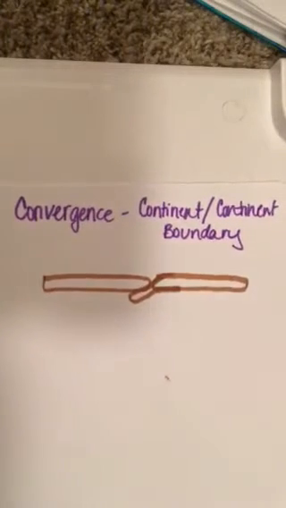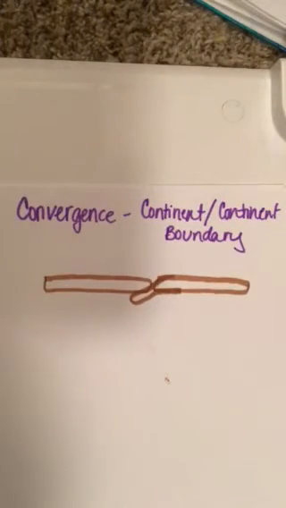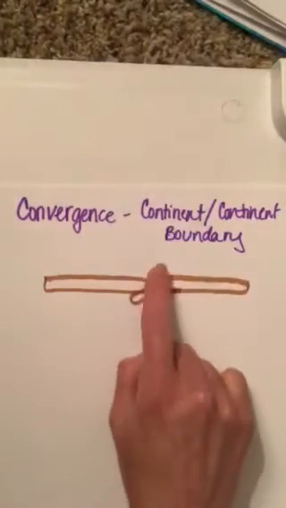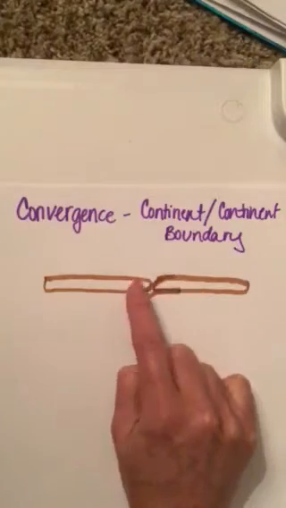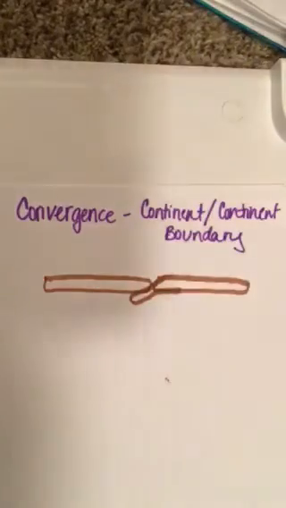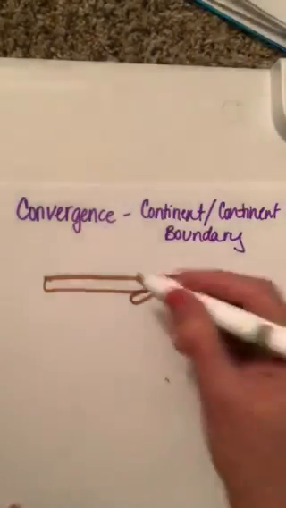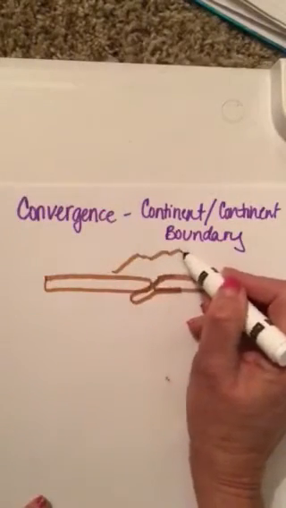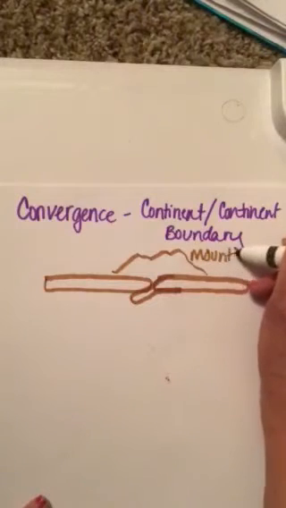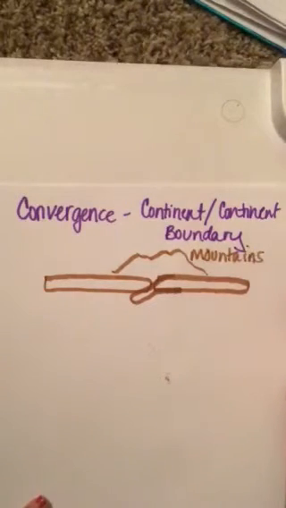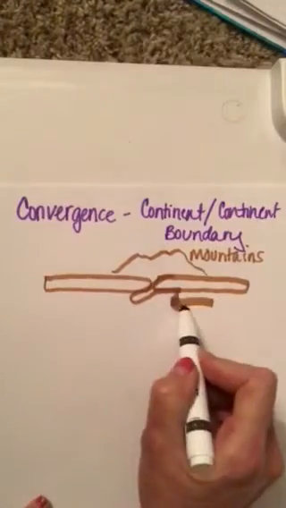If you said it would be an example of how mountains build, you're absolutely correct, because convergence between two continents, or along a boundary between the plates carrying land on each side, or continents on each side, results in exactly that. It results in the formation of mountains. So the plates are coming together,